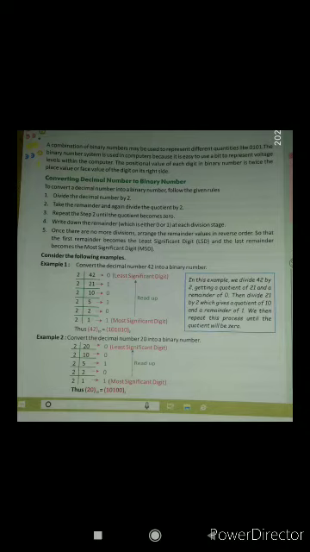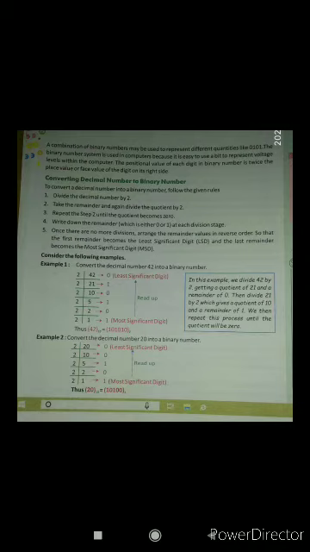So what we have to do, the given number in decimal we need to divide by 2 until we get the remainder as 0 or 1. Okay, repeat the step until the quotient becomes 0. Write down the remainder, which is either 0 or 1, at each division stage. Once there are no more divisions, arrange the remainder values in reverse order so that the first remainder becomes the least significant digit, that is LSD, and the last remainder becomes the most significant digit, MSD. So from the example we will see all steps.